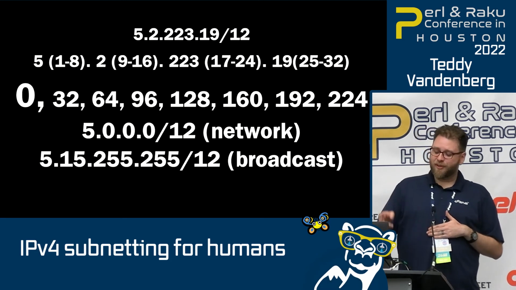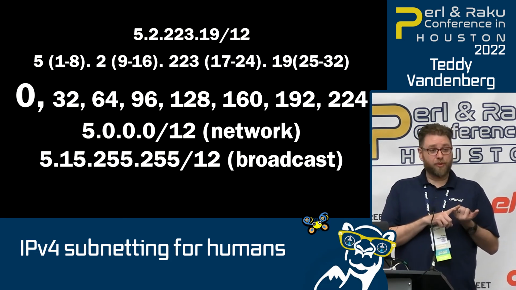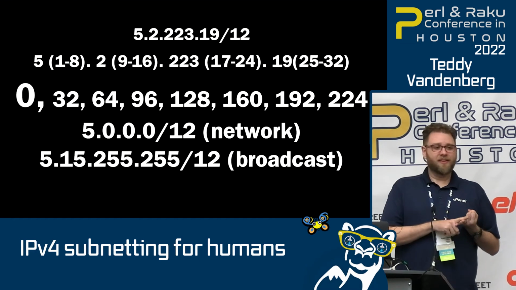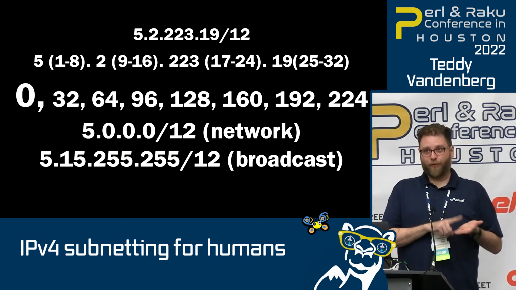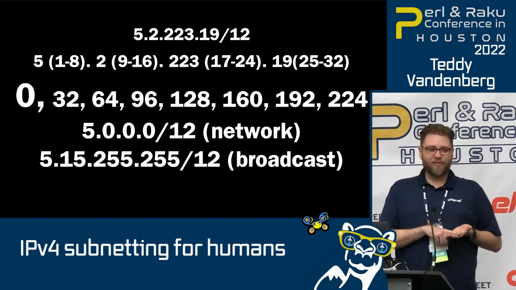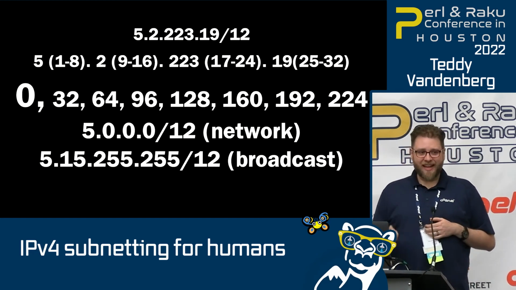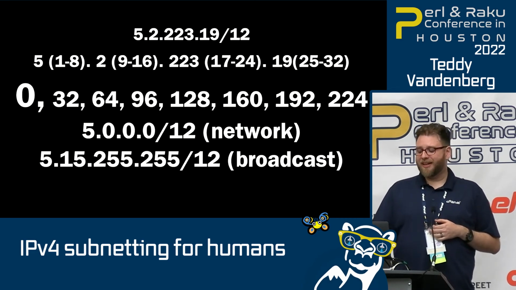If we count all our 32s and we have more than a 5-minute lightning talk to do it in, we'll be able to figure out that the first octet deals with 1 through 8 CIDR masks. The second is 9 through 16. The third octet is 17 through 24. The fourth octet is 25 through 32. With that knowledge, knowing the ranges for 5.2.223.19/12,